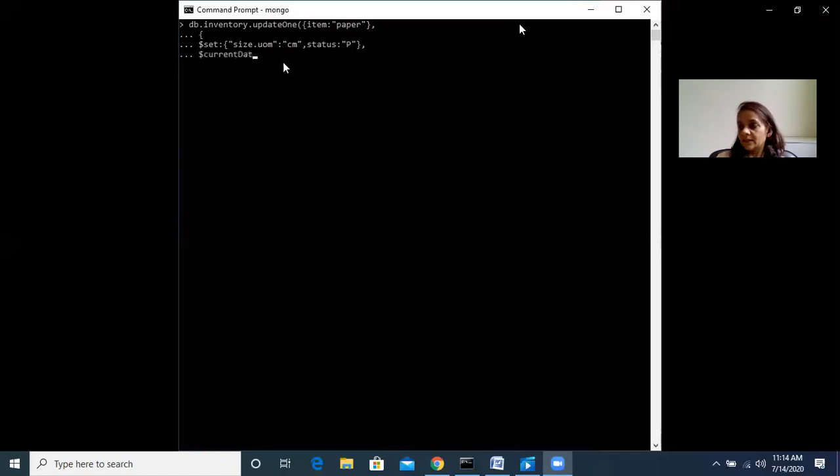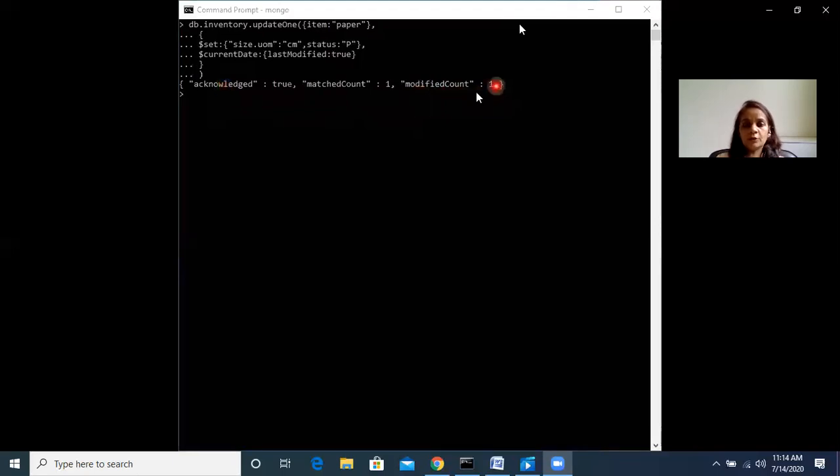So basically, this method on the inventory collection is used to update the first document where the item is paper, and it will make the following changes. First, it uses a set operation to update the value of the size.uom field to centimeter and the status field to P. So see here it is showing matched count 1, acknowledged true, modified count 1.